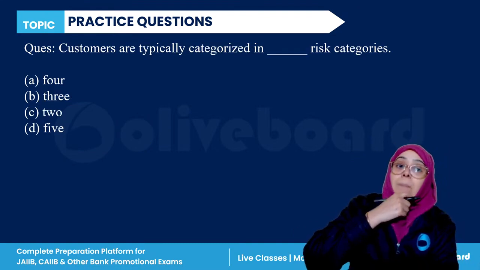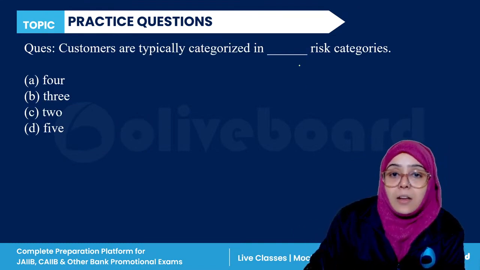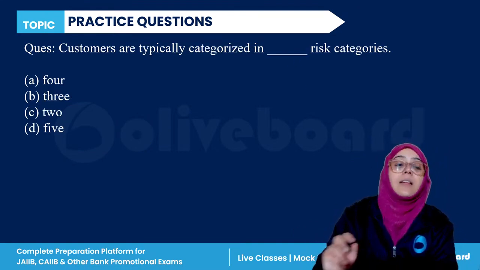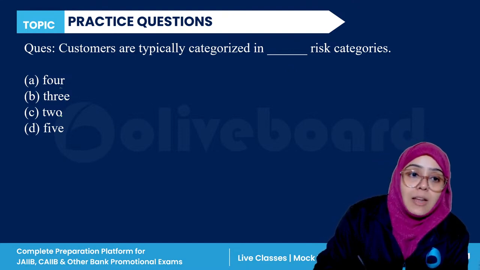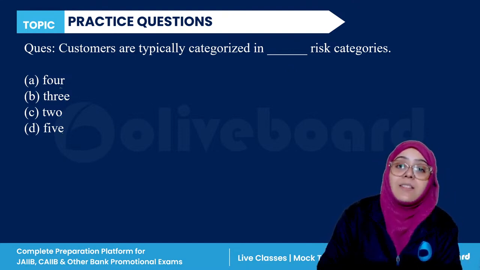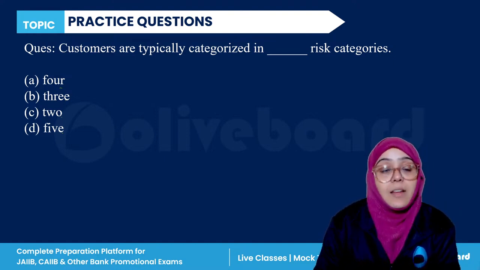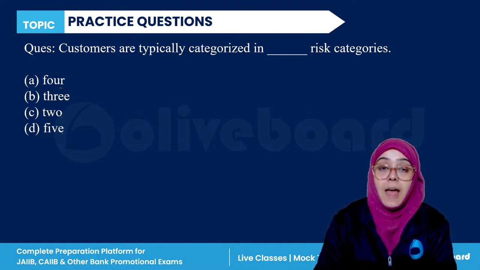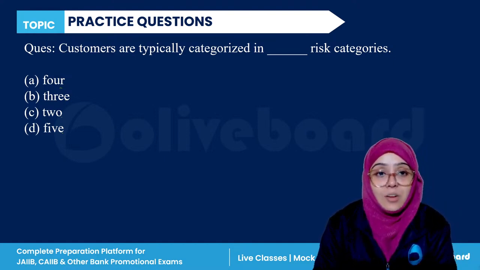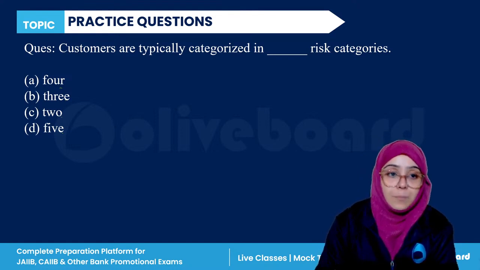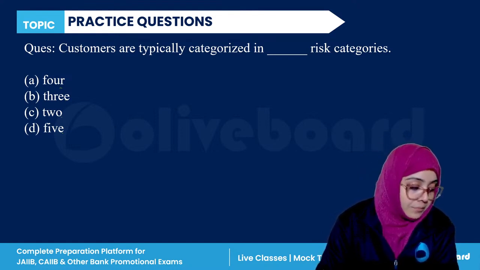Okay. Next. Customers are typically categorized in dash risk categories: 4, 3, 2, or 5. So, in how many risk categories are the customers categorized? Everyone,